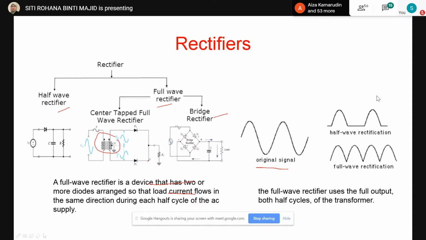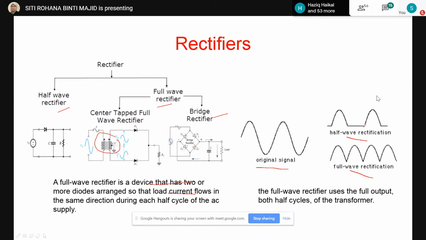That means AC stands for alternating current. That means the input signal should be in sinusoidal form. The top image here is the half wave rectification process, the waveform for the half wave rectifier. And for the full wave rectifier, the shape of the waveform is totally different, and we cannot